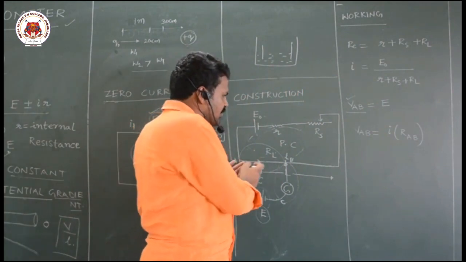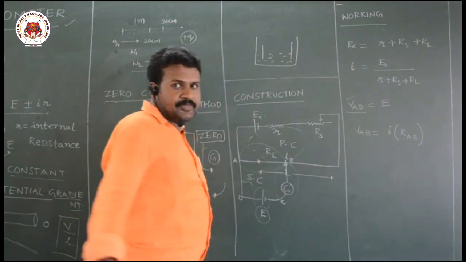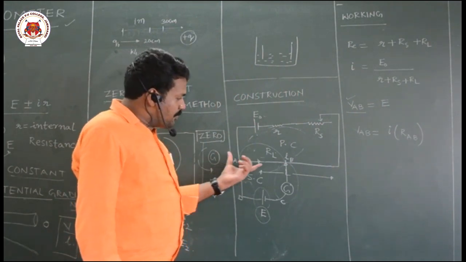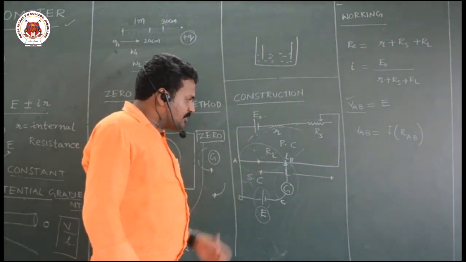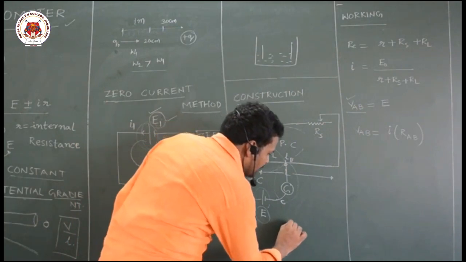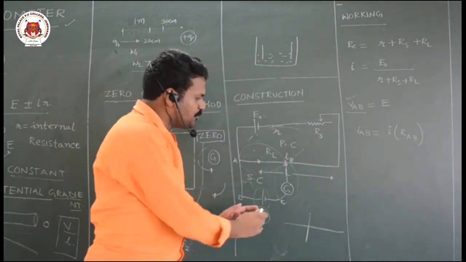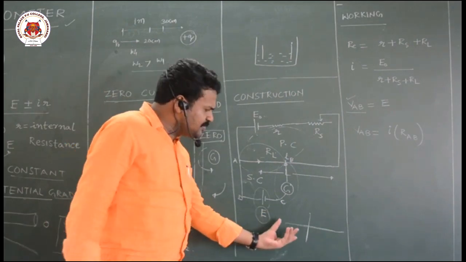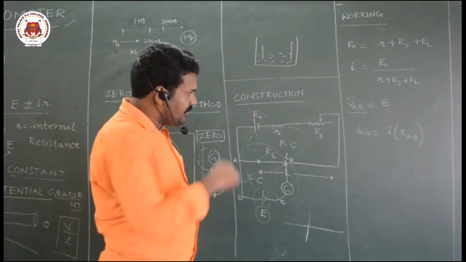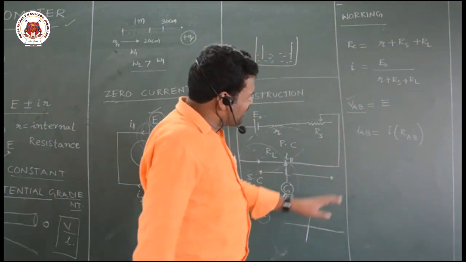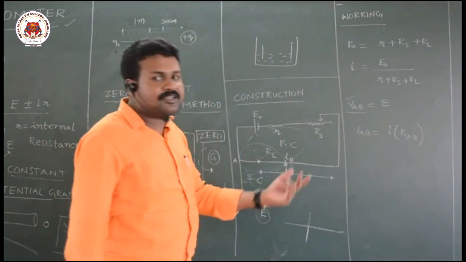Resistance of total wire is RL. But resistance of this part means if this is the total wire, I am cutting this into two parts. So the resistance of this will be less. So if I can calculate the resistance of the wire up to that part and current across the wire, then I can get the potential difference.